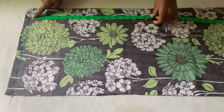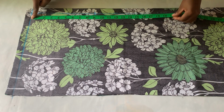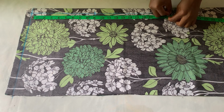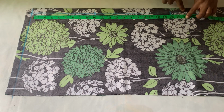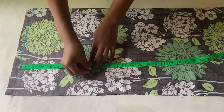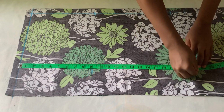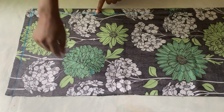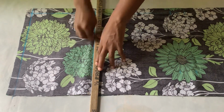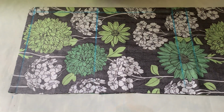Right now I'm going to take the length measurement. I'll take from the waist to the hip, which is 9 inches, and I take it to the length of the skirt, which is 20 inches. I'll be adding extra 2 inches, which is going to be part of the lining. So I'm just going to do the same thing here, and after which I'll connect the dots. Guys, before measuring from the waist to the hip line, I already marked out like 1 inch. So initially it was supposed to be 10 inches, so I removed 1 inch,